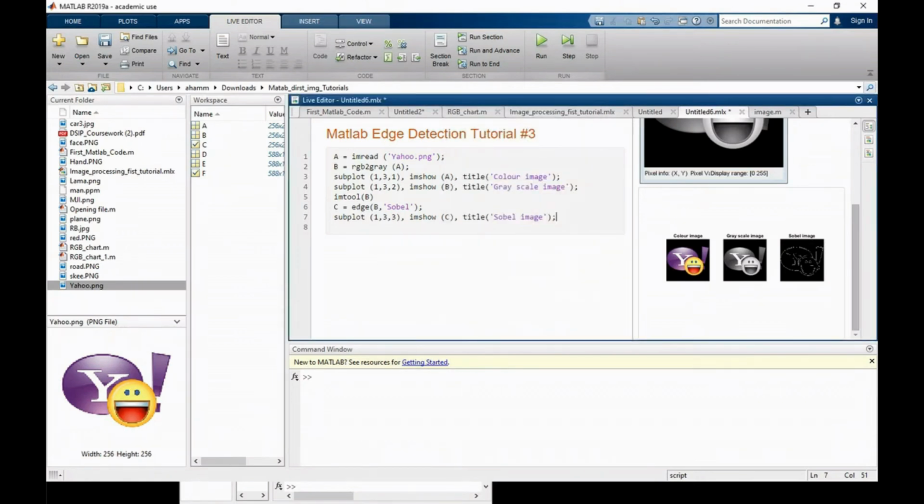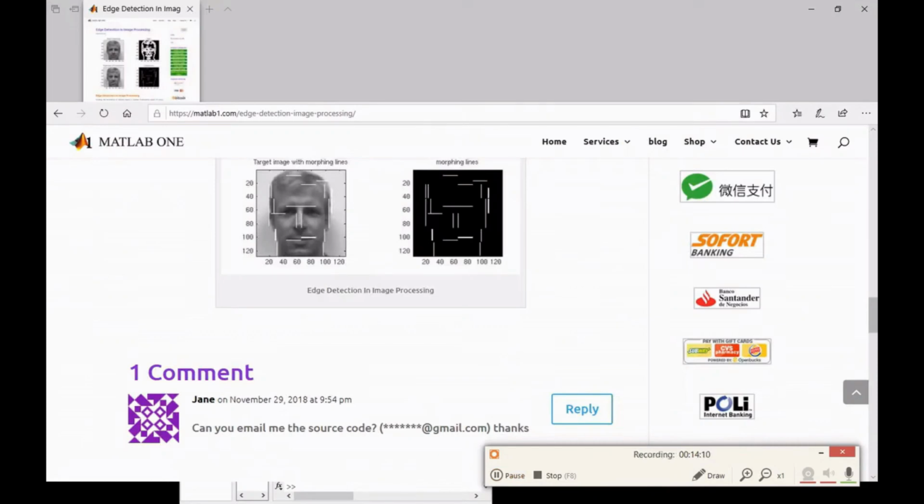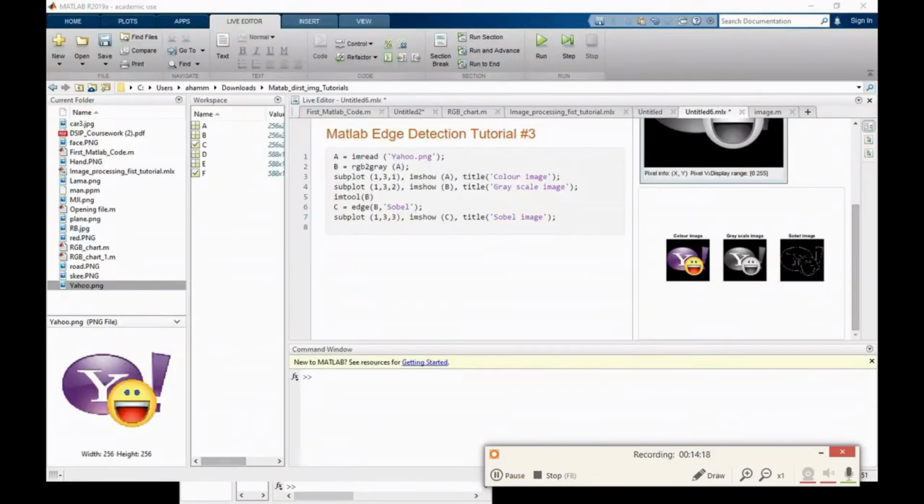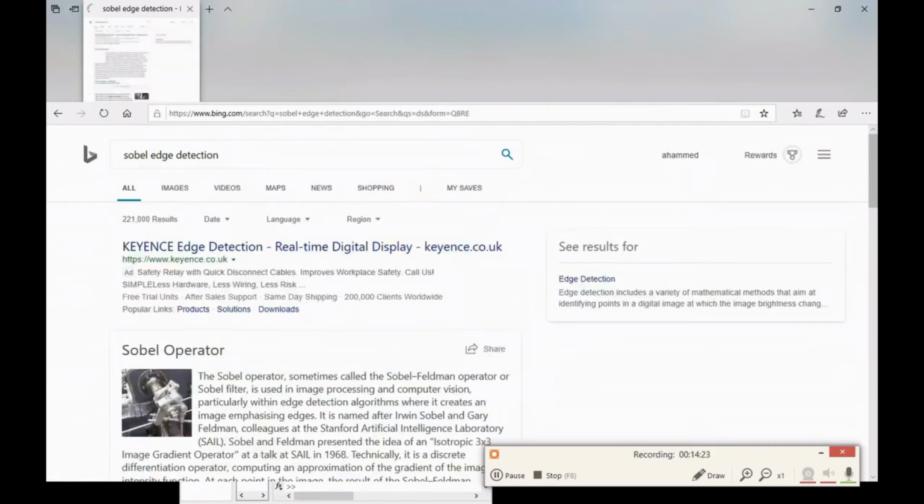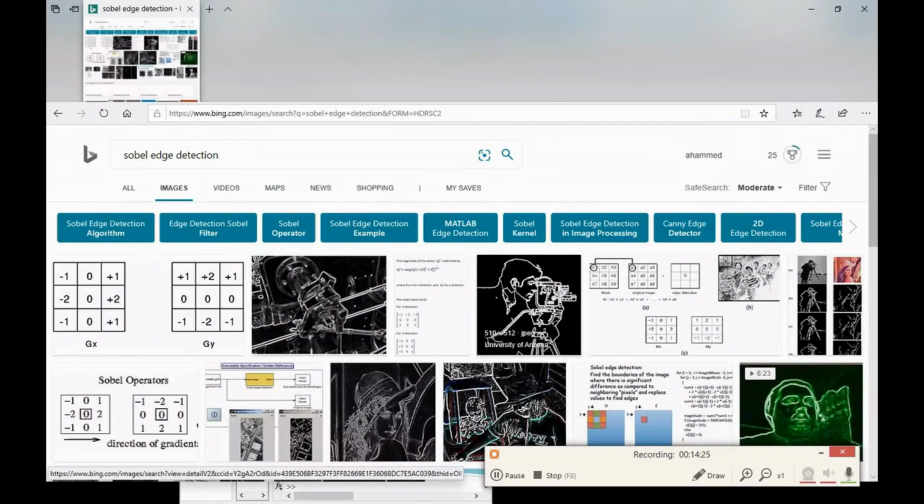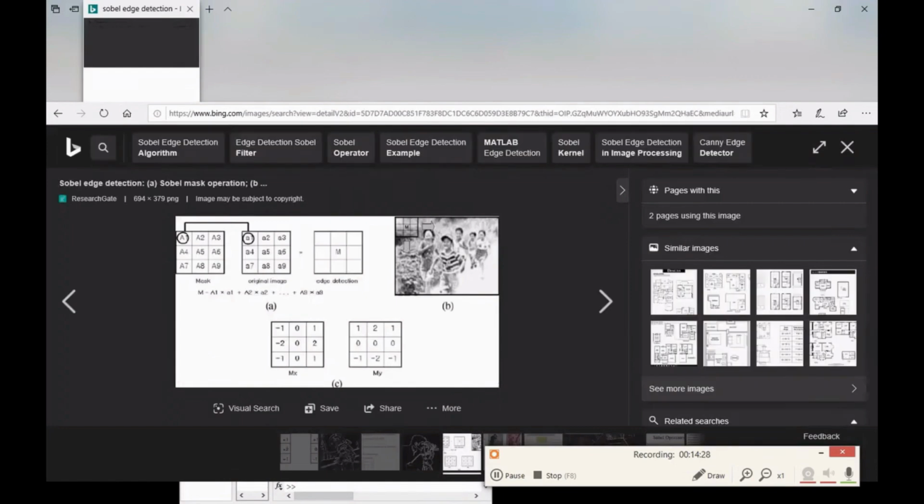Now let's go a little bit further. What actually happened in the background of this code generation? Again, go back, and if we just search online for Sobel edge detection, as you can see, what really happened in the background is that there are two kinds of Sobel edge detection. One is horizontal edge detection and one is vertical edge detection. What basically they do is that,